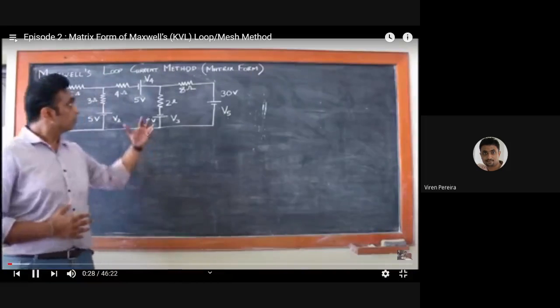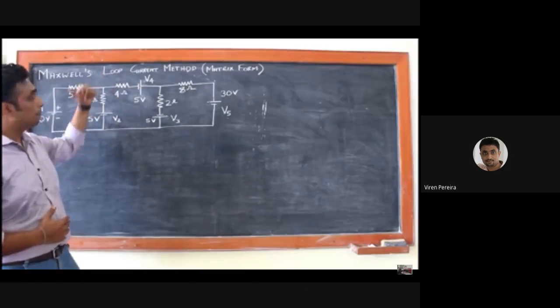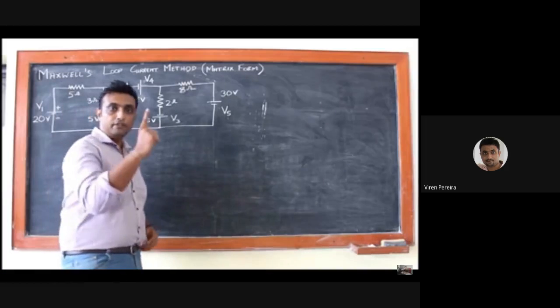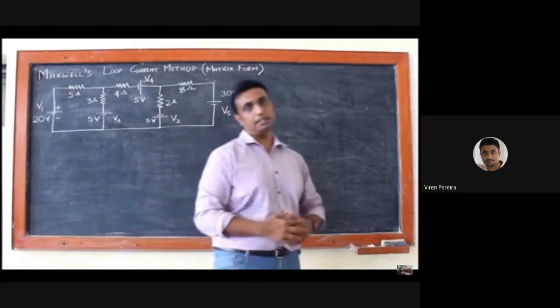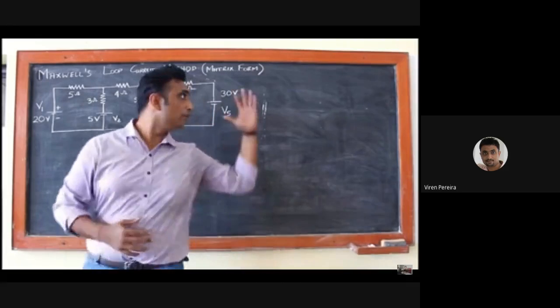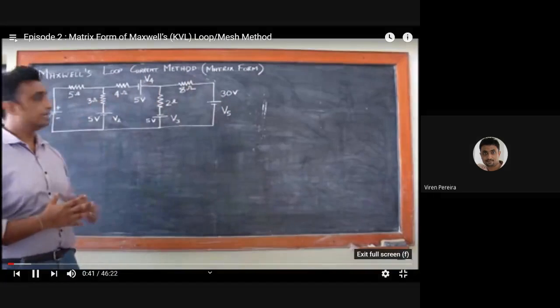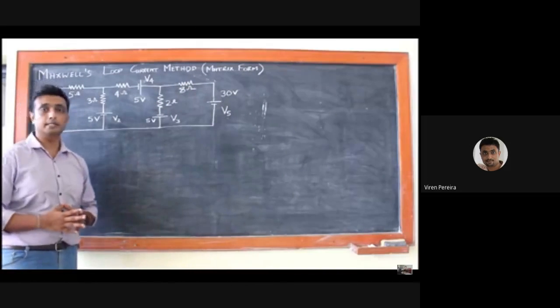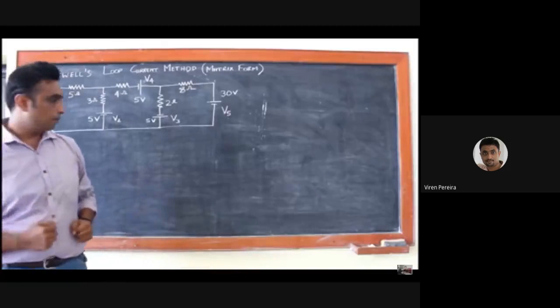Now, as we know, there are two ways to solve Maxwell's loop current method. The first way is using simultaneous equations, and the second way is to use your matrix form. So today I will be taking up the matrix method. Now, before beginning,